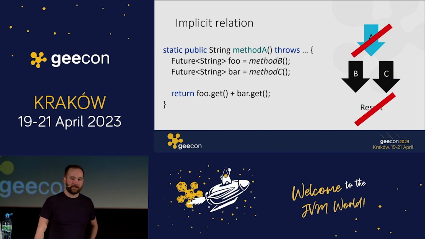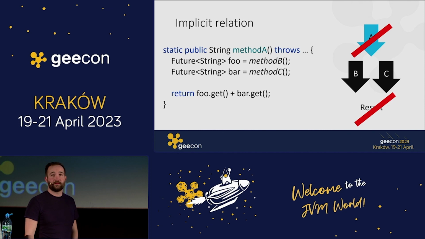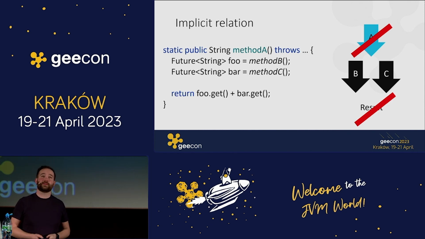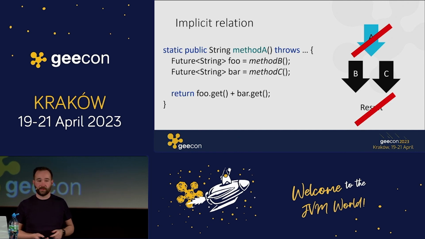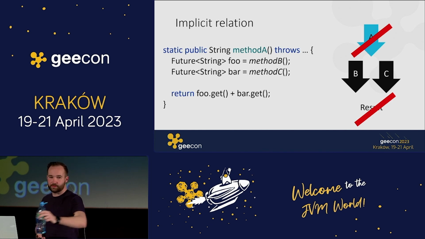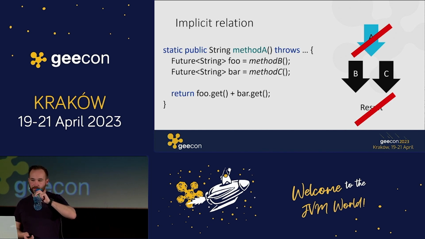And the last is that if the parent thread, the caller of method A, throws an exception, then I have just two threads loose inside the system that just continue running, but there is nothing to listen to their result, which is just, well, a waste of resources because I then have two threads loose inside my system. So now let's take a look at how structured concurrency solves this